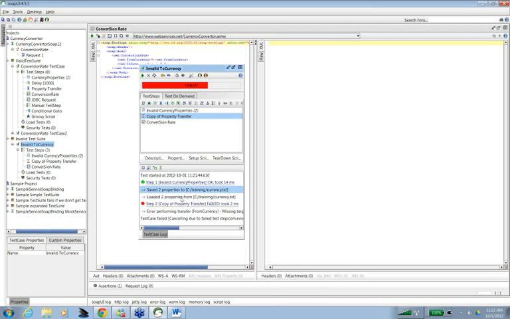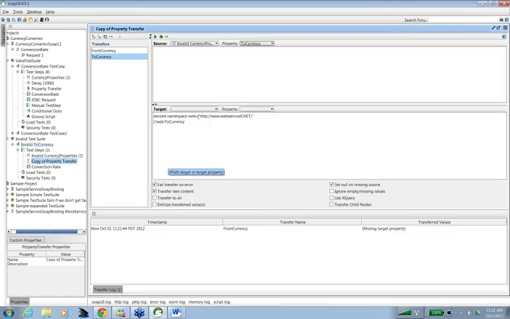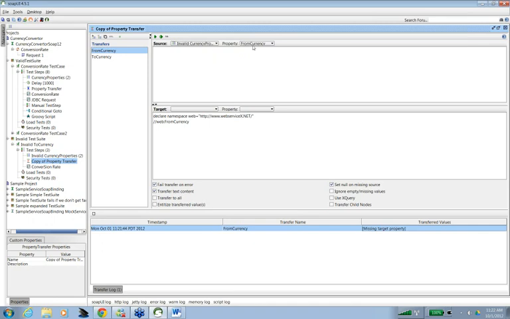The properties were fine, but there was some error in the property transfer. So let's see what was the error in the property transfer. From currency is missing. It's a missing target property.